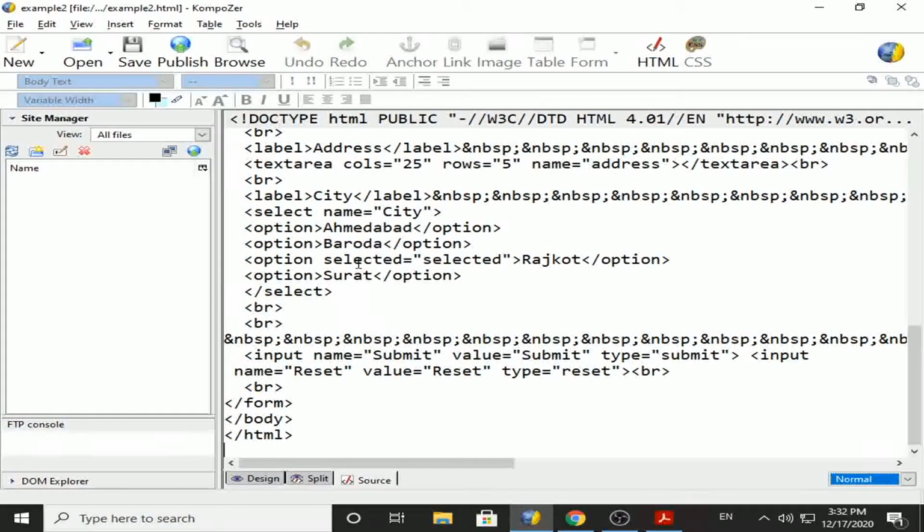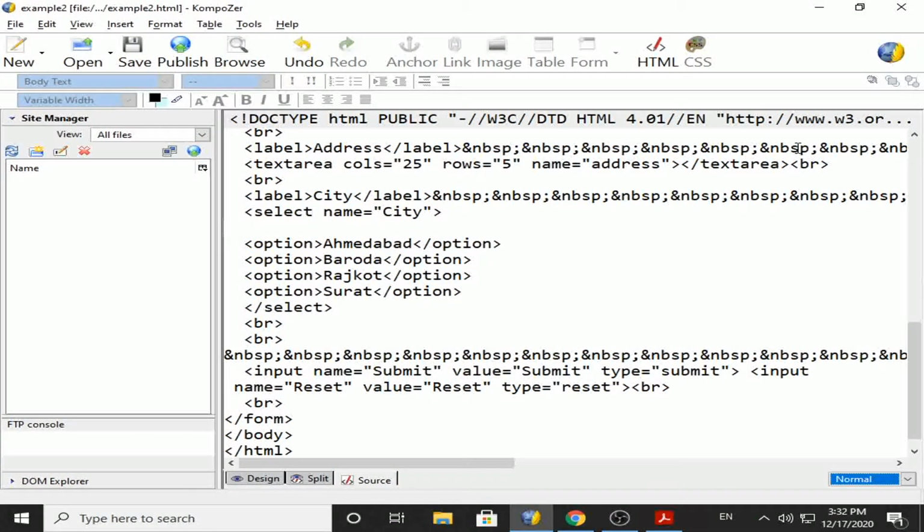First of all we will remove this selected equal to selected, and then we add the option whose value is -1. See, -1 is an example. You can keep -2 also, 0 also, your choice.